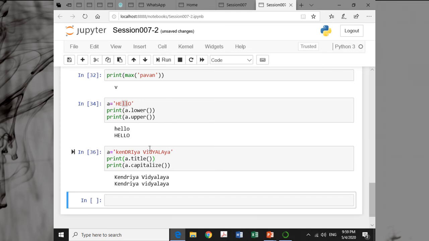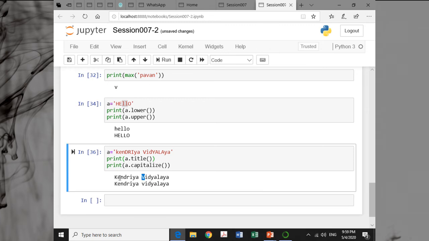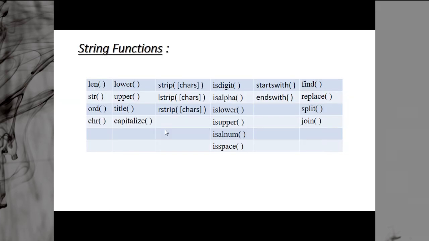So if we run it, you can see in title case the first letter of each word is capital, and in capitalized case only K is in capital, rest of the characters are in small letters, irrespective of in what form, in what way it has been written. So these are the four case conversion functions, that is lower, upper, title and capitalize.